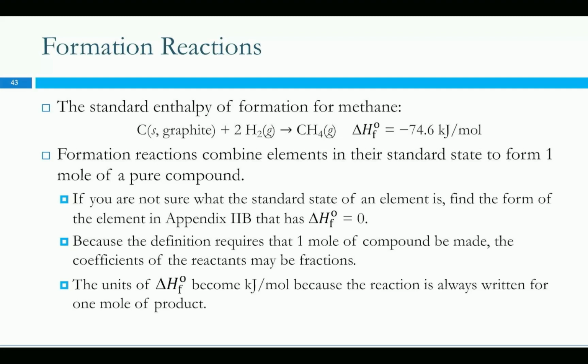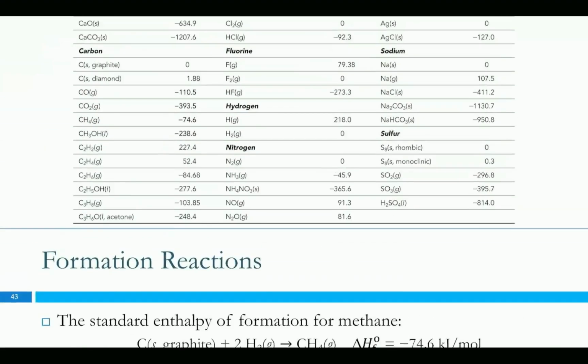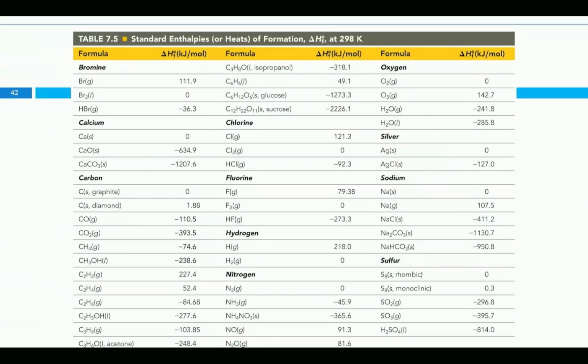So that's useful because now I have this whole table of different compounds. We know about Hess's law. We can take these delta H's and we can flip things. We can add reactions together. And so we can use standard enthalpies of formation to figure out a theoretical delta H for anything that we